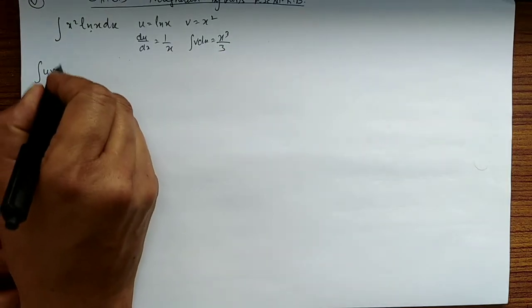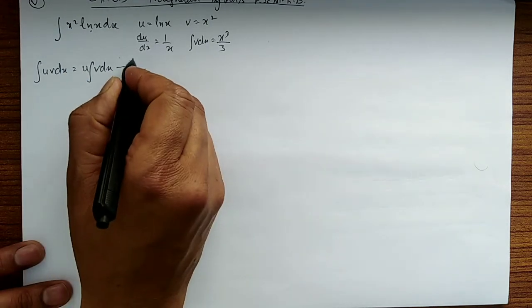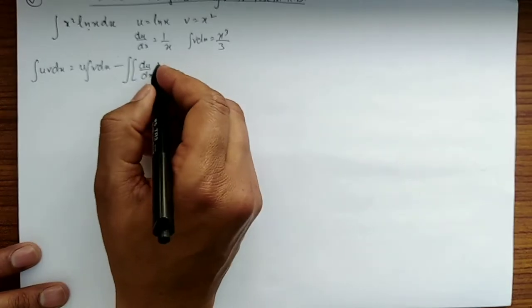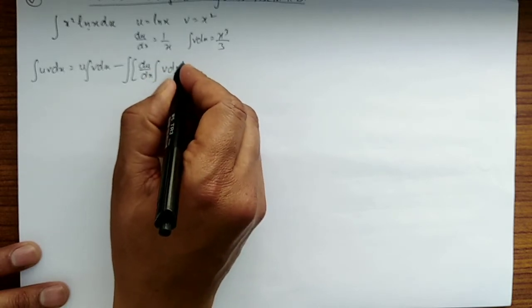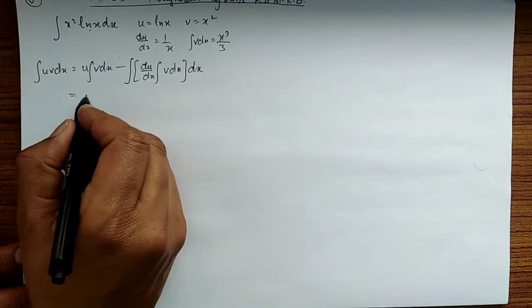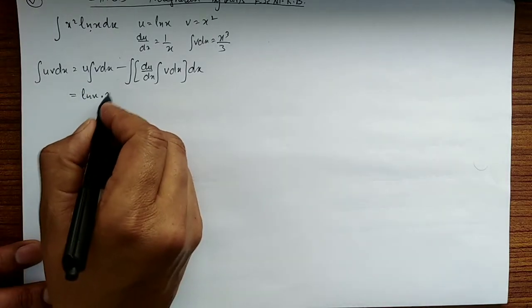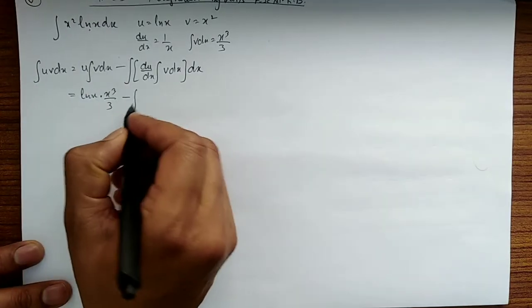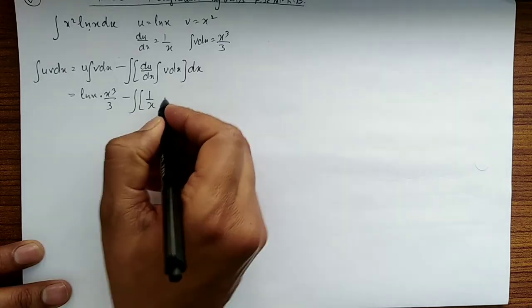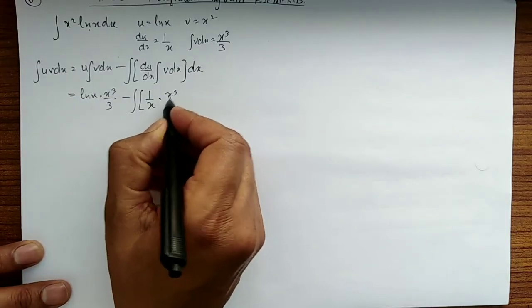The integral of u v dx is u times the integral of v dx, minus the integral of du upon dx times the integral of v dx. Now putting the values into the formula, u is equal to ln x, the integral of v dx is x cube upon 3, minus the integral of du upon dx, that is 1 upon x, times the integral of v dx, that is x cube upon 3,